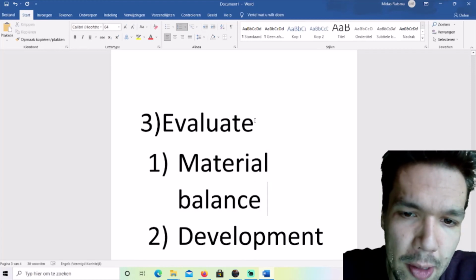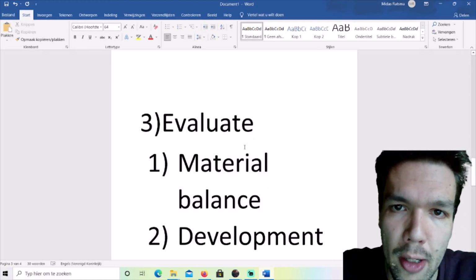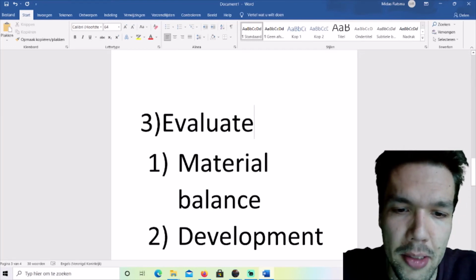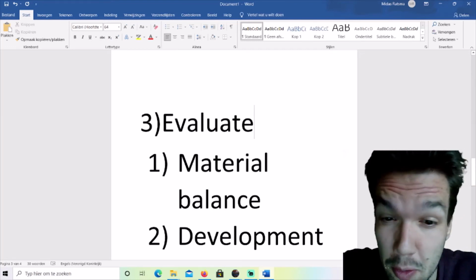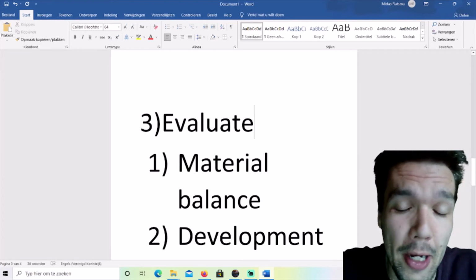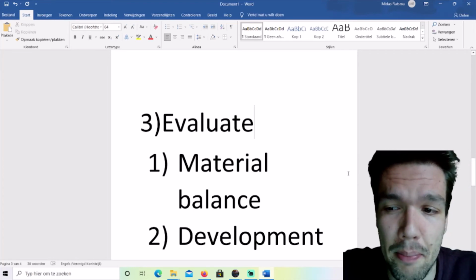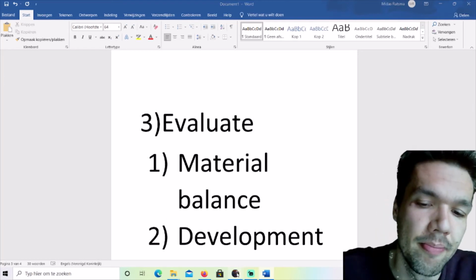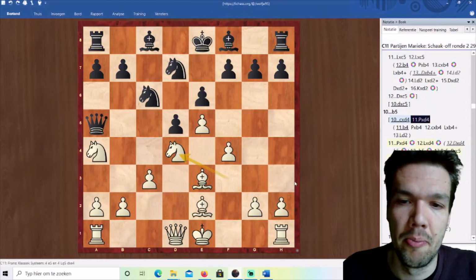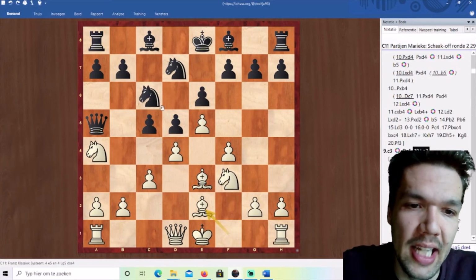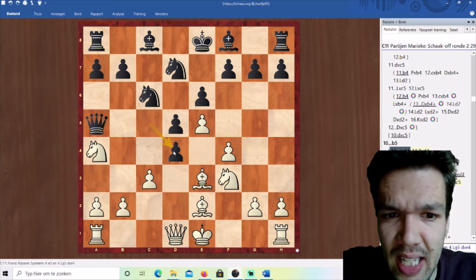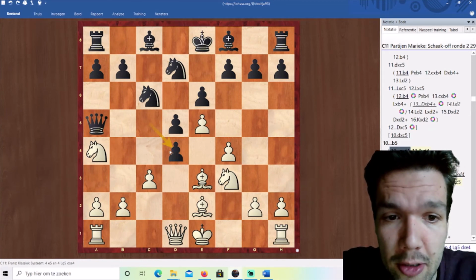Preferably, you only want to evaluate once all the forcing moves are over. But this is sometimes too difficult to do. But never evaluate a position before you have calculated all the captures. So here, in the game, what we could conclude is that pawn takes d4 is looking really good so far